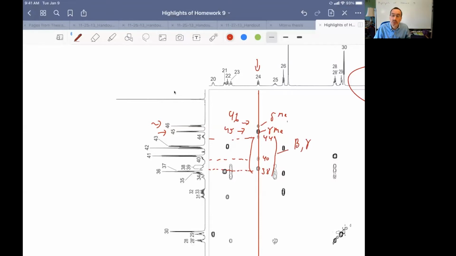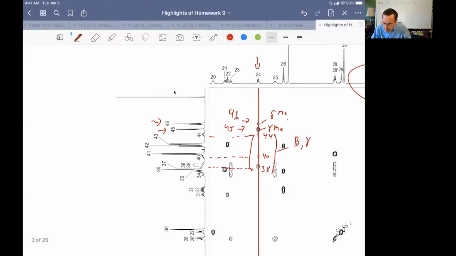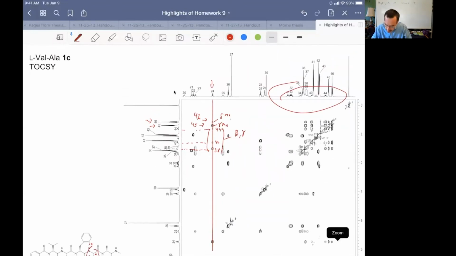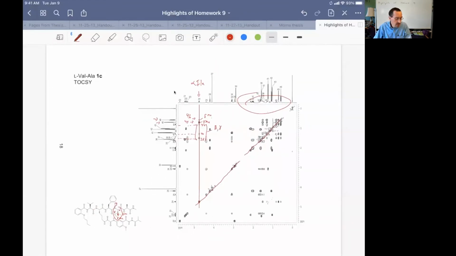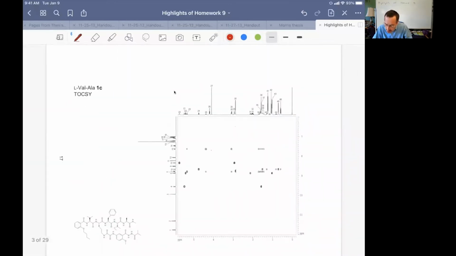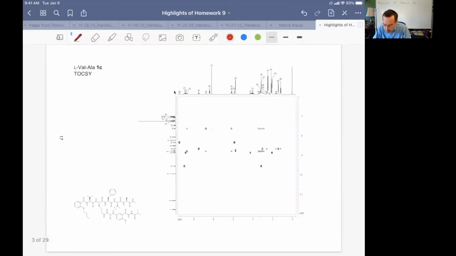We may not be able to assign them, or maybe now we can use COSY to be able to assign them. And here, this resonance 24, which crosses, right, this is our diagonal over here. So this resonance 24 is the alpha of the isoleucine. And then if we continue on the next slide, so this was sort of one quadrant of the spectrum. If we continue on the next slide over here, I've just taken a different quadrant of the spectrum. And if we continue to trace off of resonance 24,